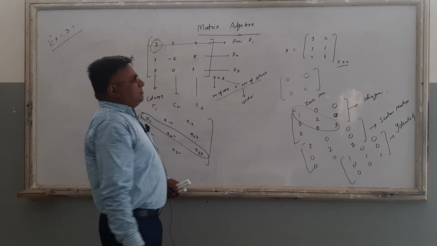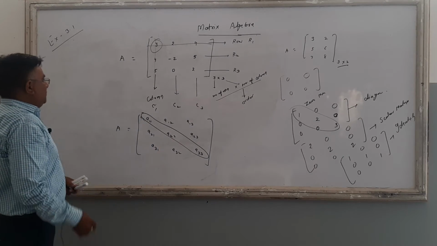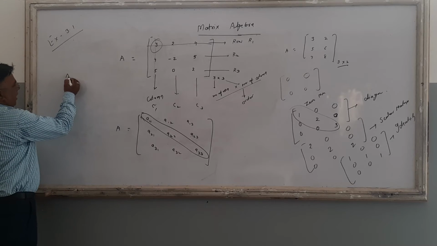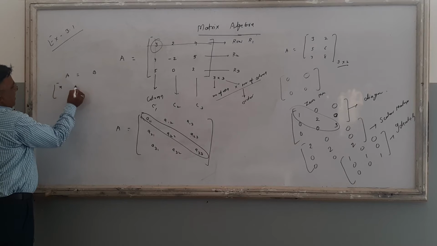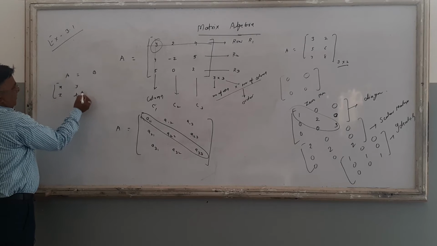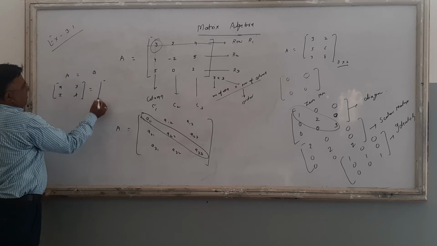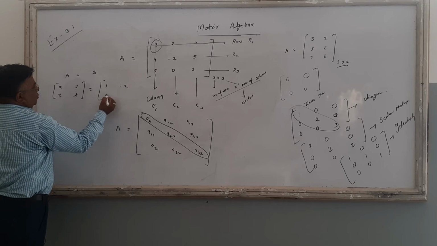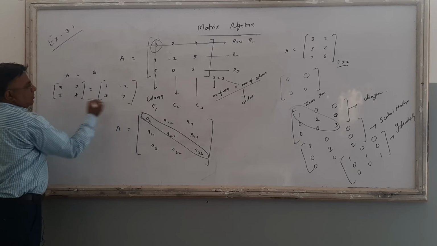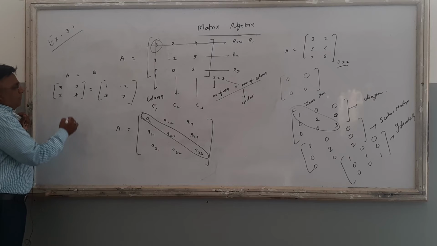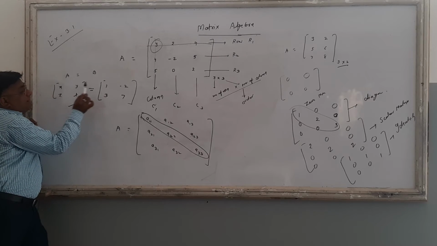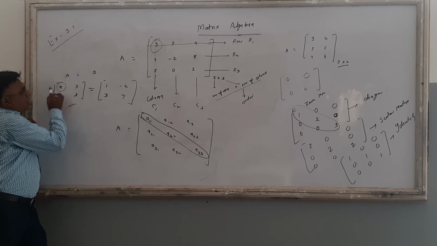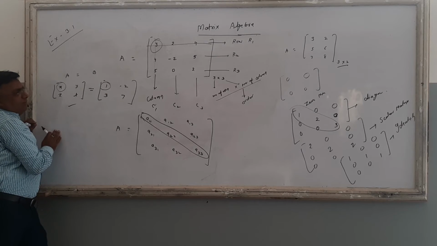Now look here, matrix is very, very important. Two matrices are equal. For example, matrix A is given as x, y, z and t. Then matrix B is 1, minus 2, 3 and 7. What is the meaning of two matrices being equal? Two matrices are equal when the corresponding elements are equal. That means small a11 is equal to small b11.